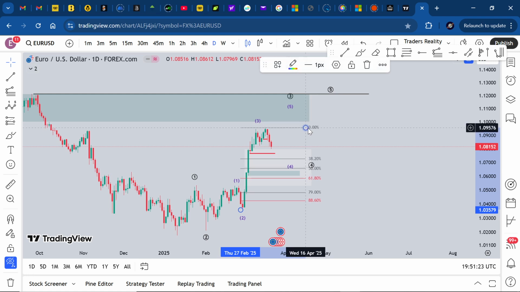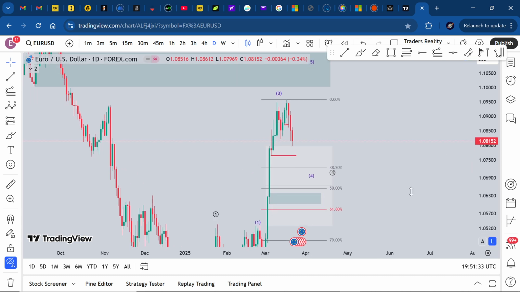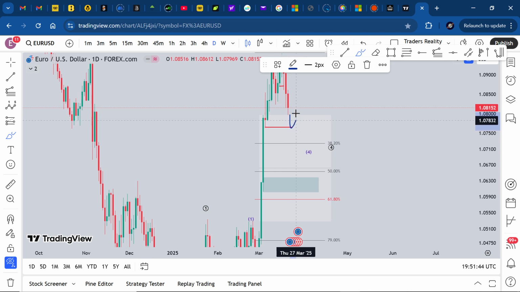Okay, even better. I was doing a demonstration, I didn't move it down. So if that's our 3, we're looking for 4. We can't touch the 618, which now means the demand zone is in play. We can come down to this demand zone. We can bounce from 50% here. Or what we probably will do, something like this, where we come down below that 50 mark, tap there, go higher, break structure, and then what